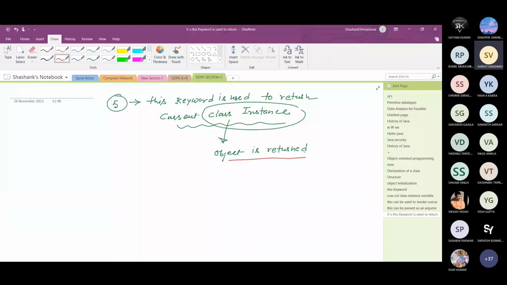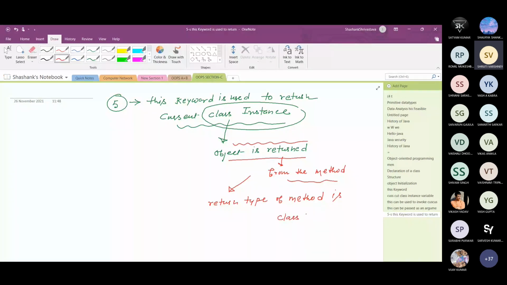So object is returned from the method. And if an object is returned from the method, it means the return type of the method is which type? Class type. Return type of the method is class type.